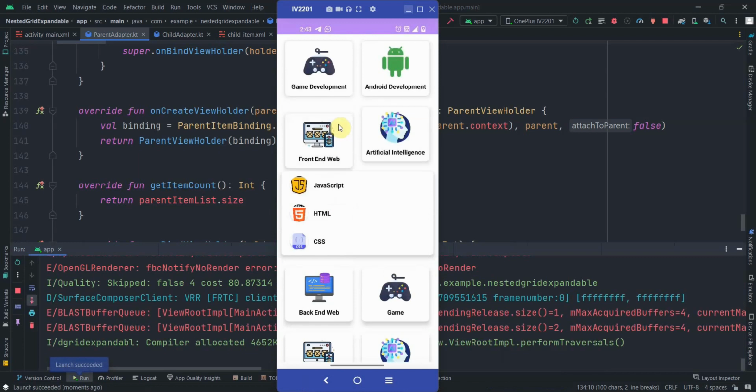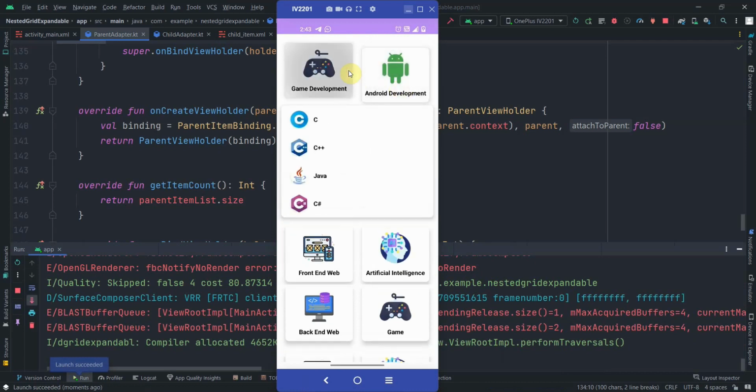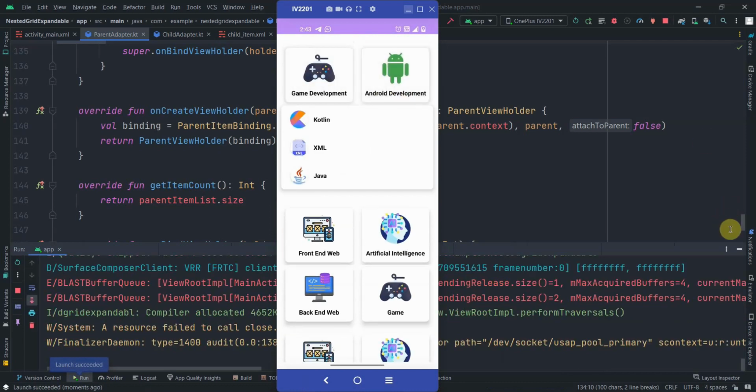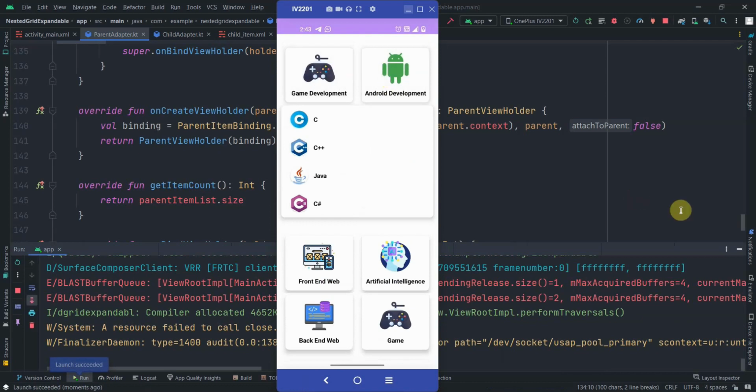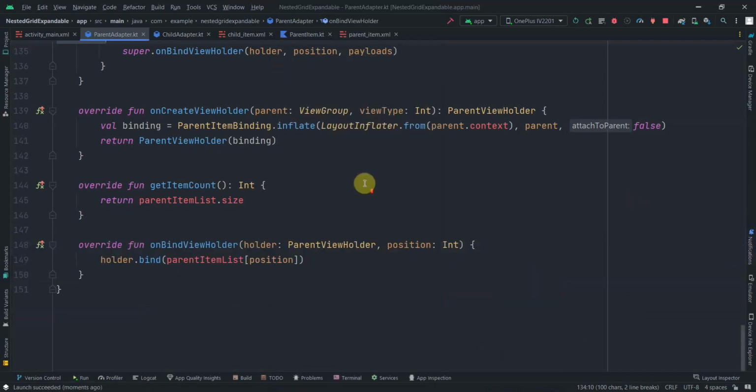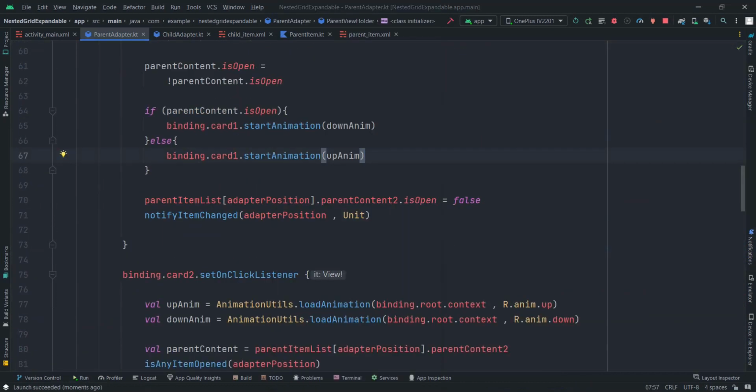So if I click on this, you can see the animations. All right, cool, but there is another issue. We will fix it. That's not the issue. We have not worked on it yet. Okay, so we also want to